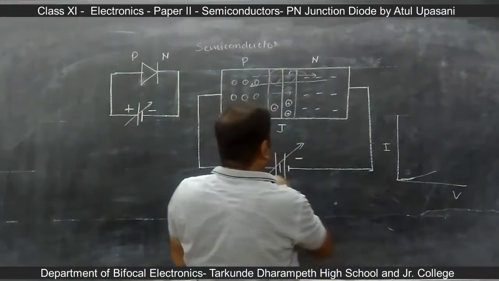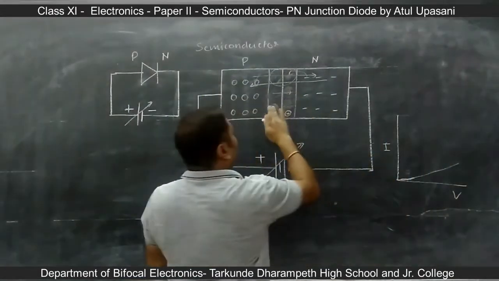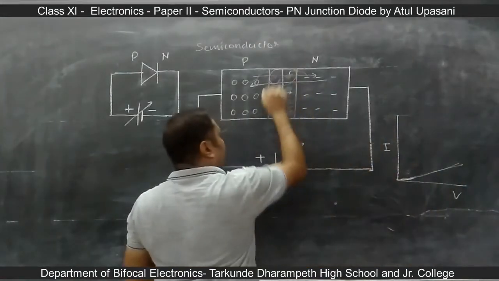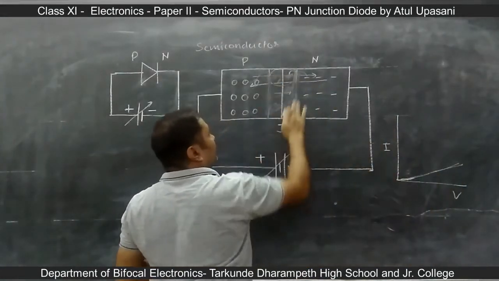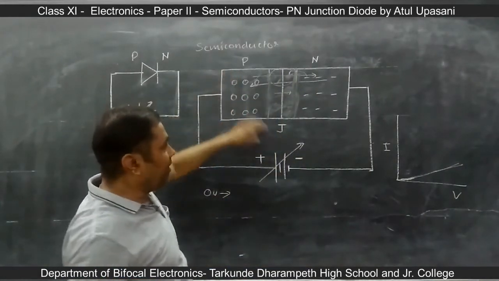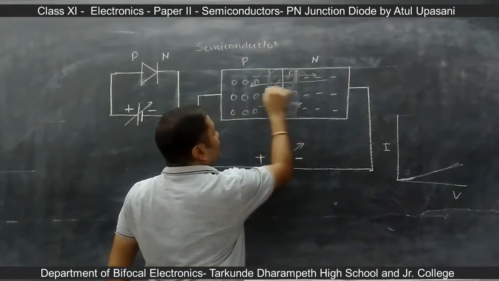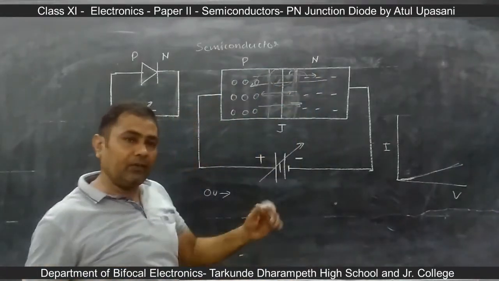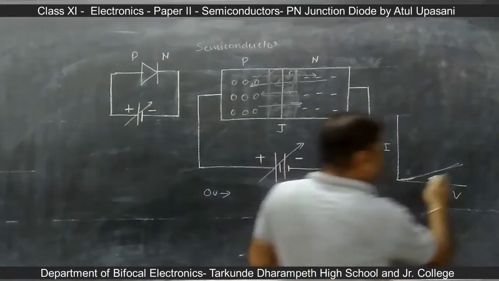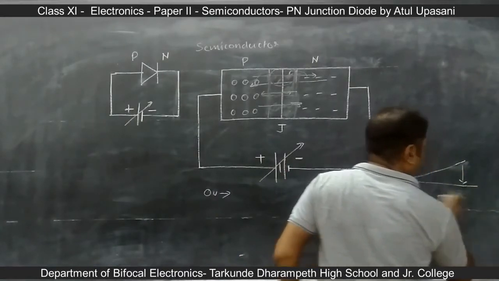Okay. After this, suppose another voltage is increased, another pair of ions will vanish, and at some point, the whole depletion layer here is vanished. So holes from the p side and electrons from the n side can freely move throughout the device. And here we can say that the device is now conducting. So when this happens, that voltage is called the breakover voltage.